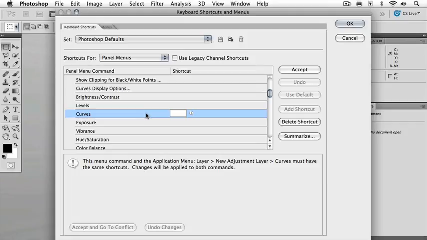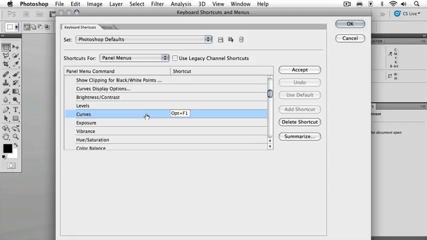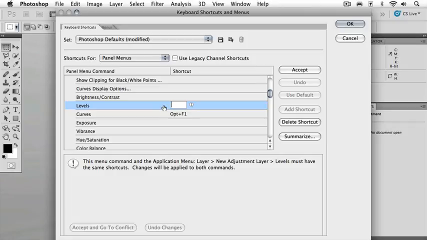So if we want to set a shortcut for curves, here I'm going to select Option F1. On Windows that would be Alt F1. Simply press the Accept button and that shortcut is now applied to curves. Let's take a look here at levels, and if we want to add a shortcut for levels, you may be